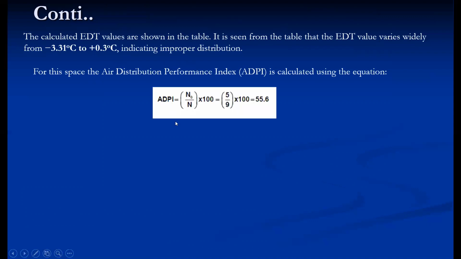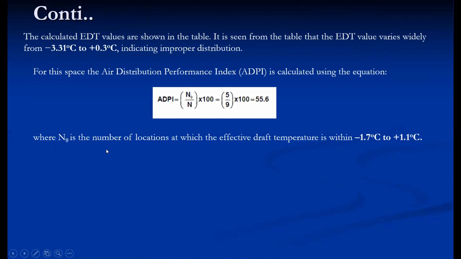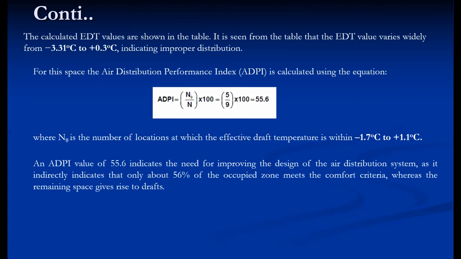That is by using this formula: n theta upon n into 100. There are 5 locations in the range of minus 1.7 to plus 1.1 out of 9 locations. So the ADPI is only 55.6 percent. That indicates the air distribution system needs improvement in the design, as it indirectly indicates that only 56% of the occupied zone meets the comfort criteria, that is the interpretation of ADPI,